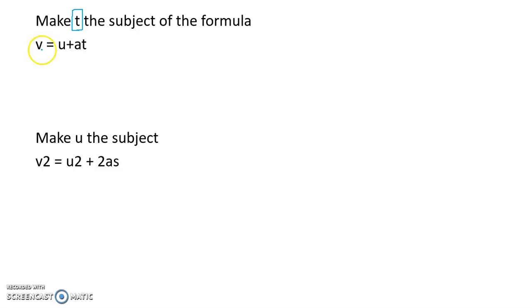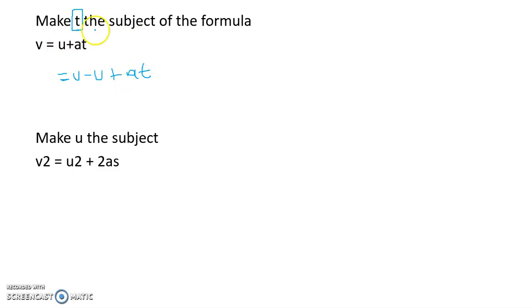So let me write so you can understand what we're saying. So let me put the equal sign. Here we have a positive U. In order to get rid of this positive U, we do the opposite by minusing it from both sides. So we have U minus U plus AT,